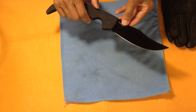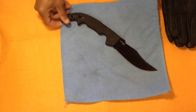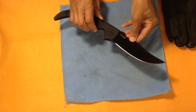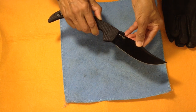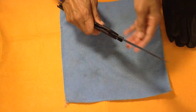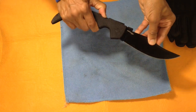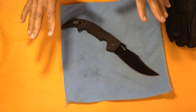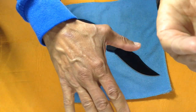I was playing around with a Talwar. This is not the culprit. I was working with a Talwar one night, and I had it fully opened, and because I was having trouble getting the lock to disengage, I held the blade like this, and I pressed it against the edge of a table. And somehow, I applied just too much pressure all at once, and the lock disengaged, and the blade slammed